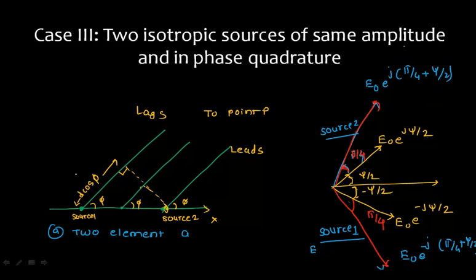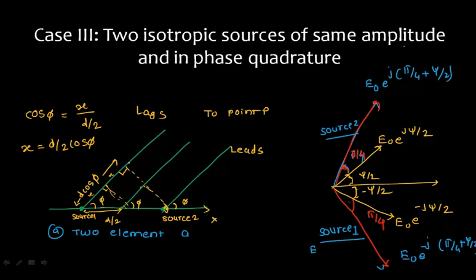In the previous session, we talked about the path difference from the reference. We have already seen this is perpendicular which I have drawn. So if I say this is my path difference, this will be x and this will be x. So what can I say? Cos of psi is nothing but x divided by d by 2, because this total distance will be d and this will be d by 2. So this path difference will be d by 2 cos psi.